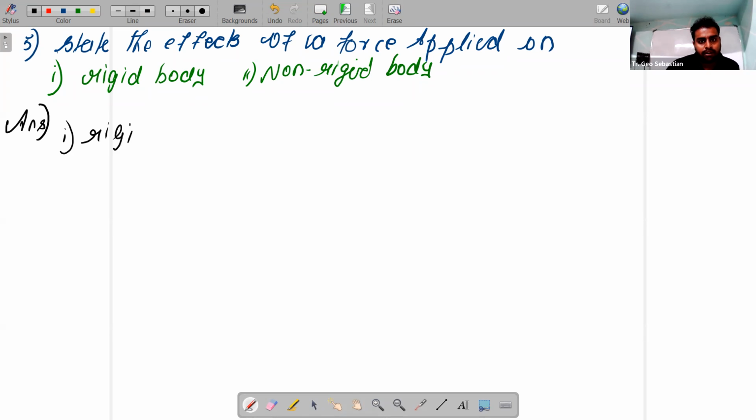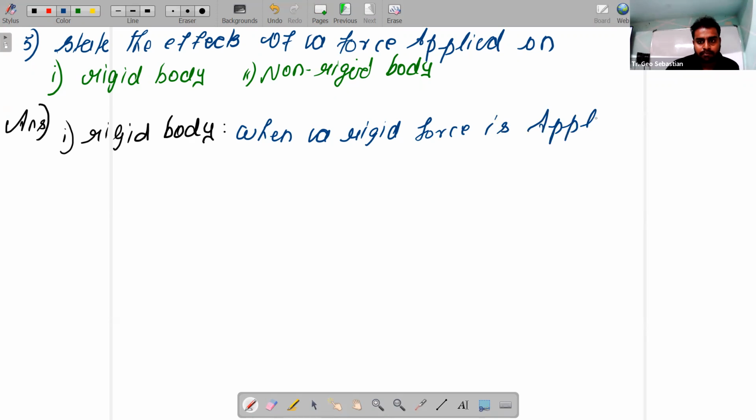What happens when you apply force on a rigid body? Children, 10th standard, first chapter, fourth chapter, the first sentence is starting with the statement only. Rigid body and non-rigid body. So please study properly. When a force is applied on a body,